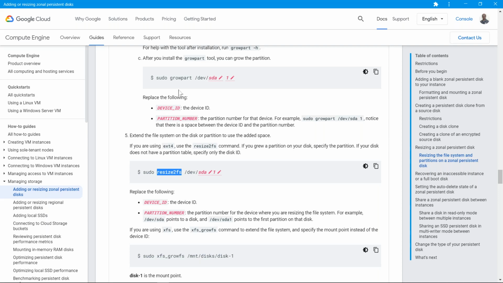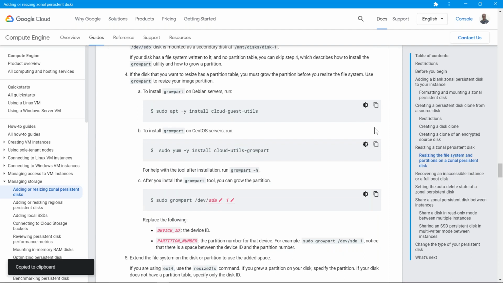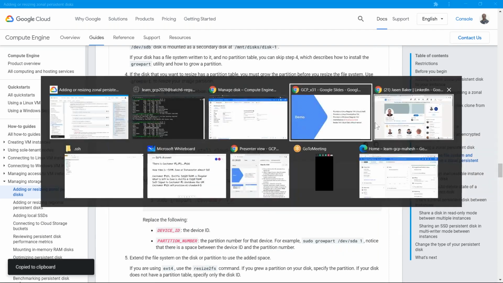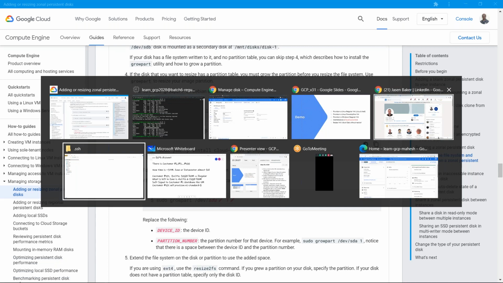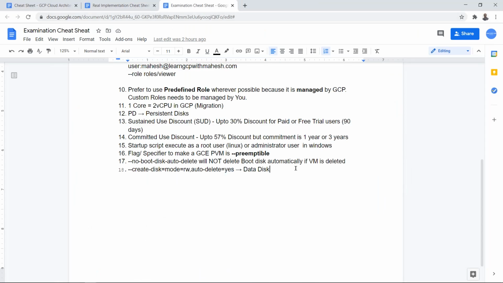So instead of me explaining this could be important from the exam, I showed you a small demonstration and also a real use case. You can resize your file system or your disk basically. So for our reference, let's put this in our cheat sheet so that it's going to be helpful. So if I just go to my cheat sheet,